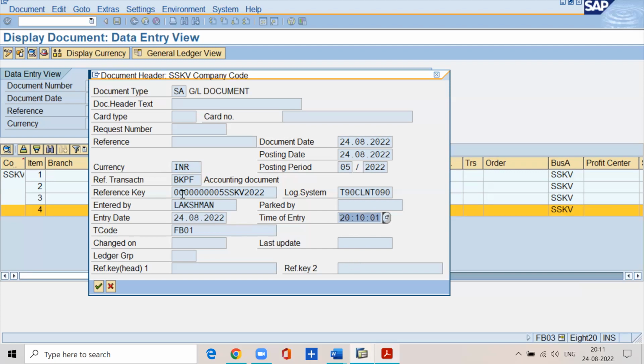Right? Then reference transaction BKPF. What is this BKPF? It is a table name, right? See, when you post an accounting document, the document header will be there, document line items will be there. Whatever information you enter in the document header is stored in the BKPF table. Line items are stored in the BSEG table, right? Write down this point